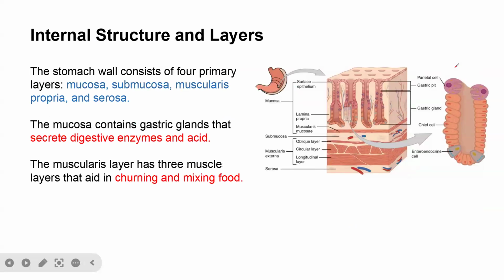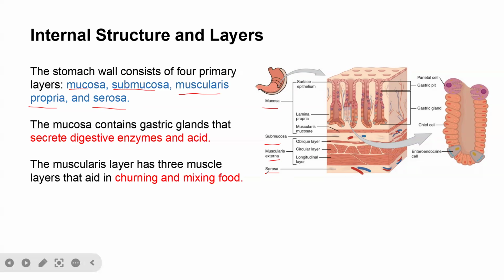And then the internal structure of the stomach is made up of four layers. There are primarily four layers of the stomach, which include mucosa, submucosa, muscularis, and serosa. These are the primary layers of the stomach. And as we can see them, the four major layers include mucosa, submucosa, muscularis, and then serosa. These are the